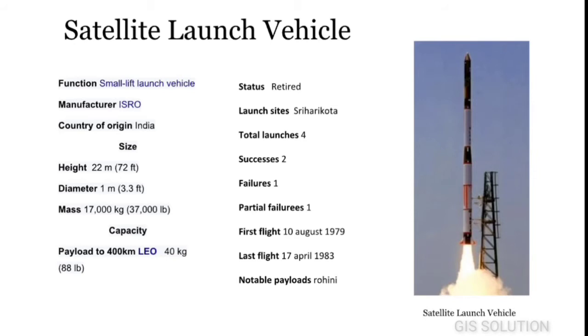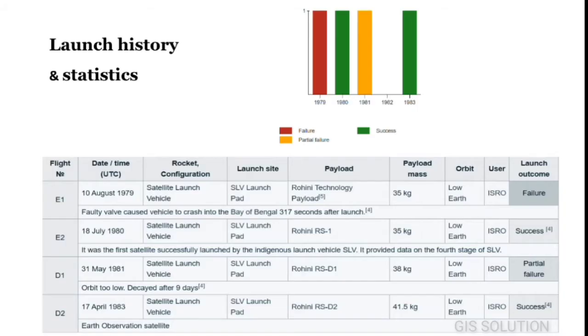The first thing I will talk about is the Satellite Launch Vehicle, or SLV rocket. The Satellite Launch Vehicle, or SLV, was usually made to send low weight satellites. It could carry a weight of 40 kg up to 400 km. It was a four-stage rocket with all solid propellant motors. Four missions were carried out by the SLV rocket,